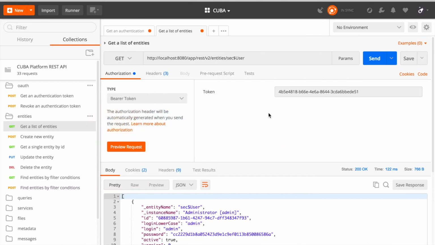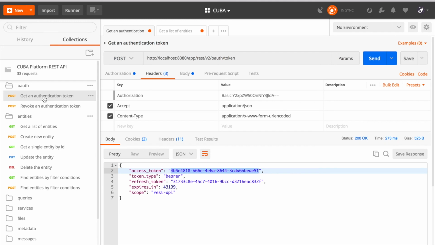I already imported that into this Postman app, and there are pre-configured example requests to, for example, get an authentication token, where